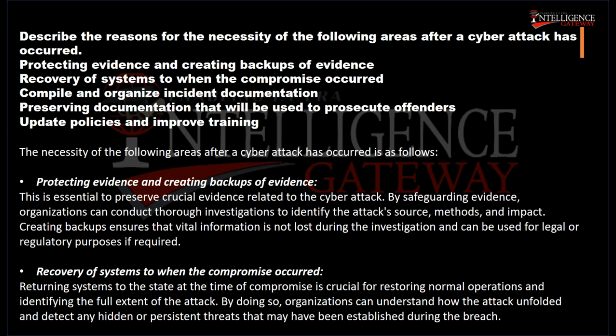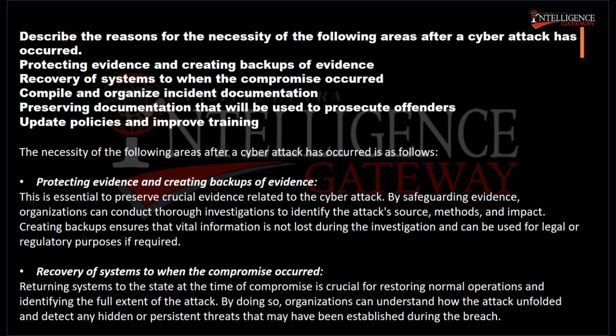The necessity of the following areas after a cyber attack has occurred is as follows. Protecting evidence and creating backups of evidence. This is essential to preserve crucial evidence related to the cyber attack. By safeguarding evidence, organizations can conduct thorough investigations to identify the attack source, methods, and impact. Creating backups ensures that vital information is not lost during the investigation and can be used for legal or regulatory